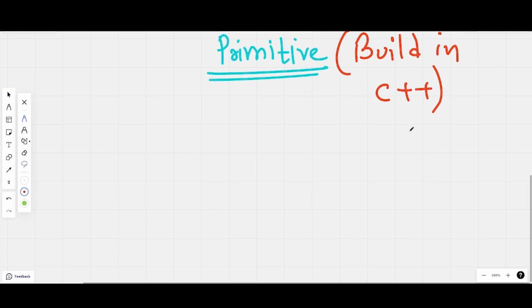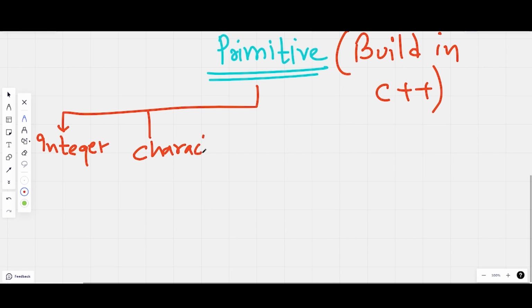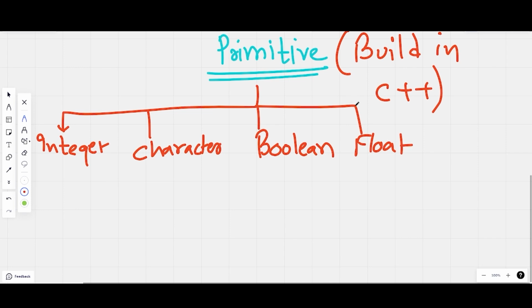In primitive data types, we have subdivided them into: first, integer, then character. After that, we have Boolean. Then we have float, double.